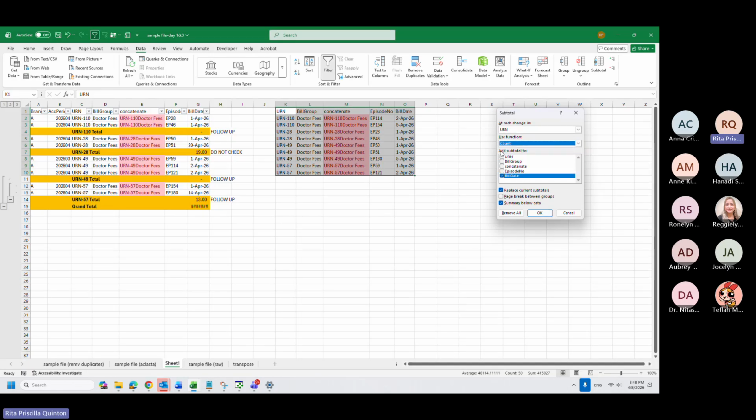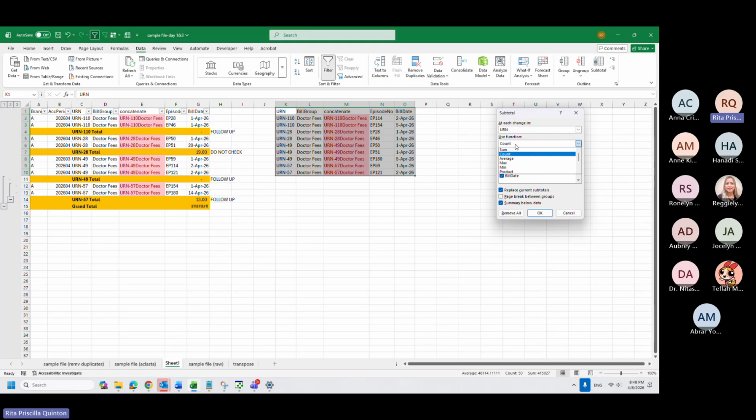Okay, which means that the subtotal will be added to the bill date column. If I say use function count on the episode number, it will count the episode number. Okay, so you can also do both, but you can only use one function. So I cannot do count here and then sum here. You need to choose only one.